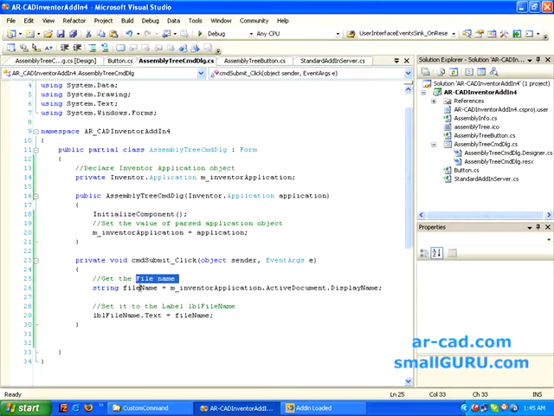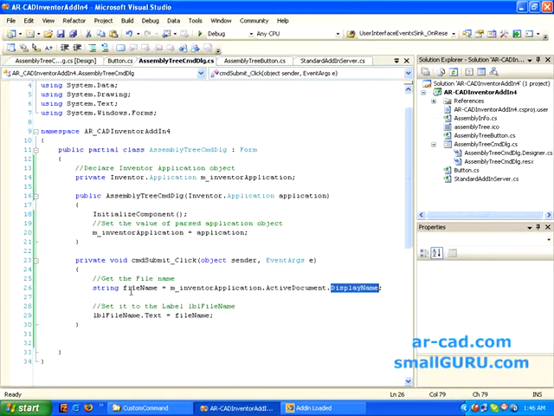I have a string variable file name, and this is our Inventor application object. When you click dot, you'll get all the possible options of what you can choose. I have chosen active document, that is the document that is opened in Inventor, and the display name of that particular document.